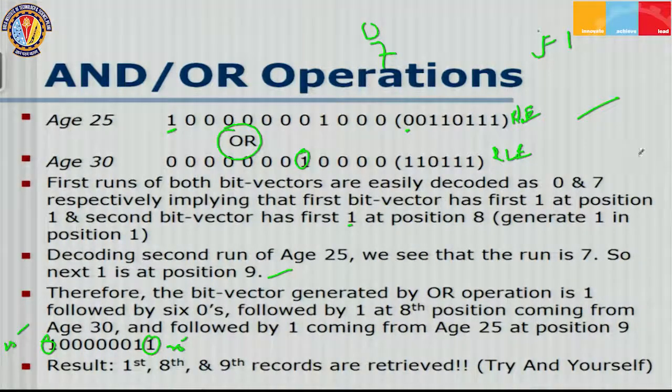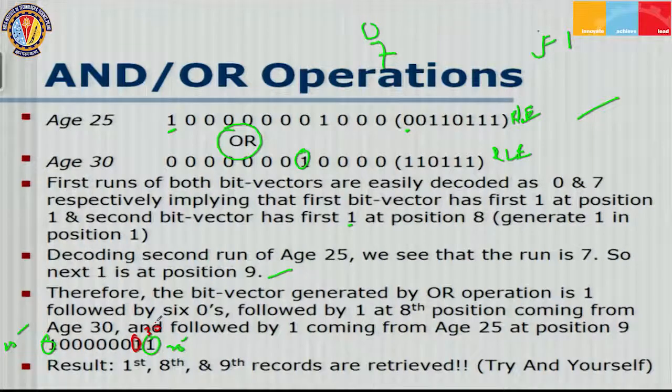and I'll just use another color, and this one is coming from age 30. Okay, so this is the result set. So you could see that I did not decode the entire vectors completely to do the OR operation. So the first, 8th and 9th records are